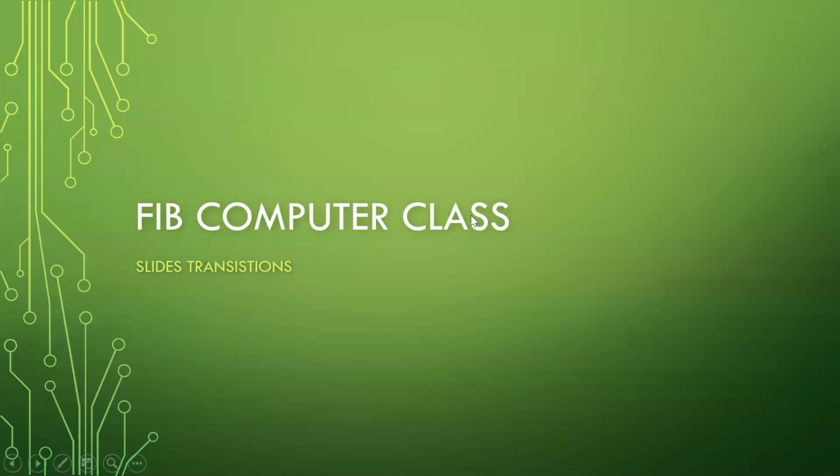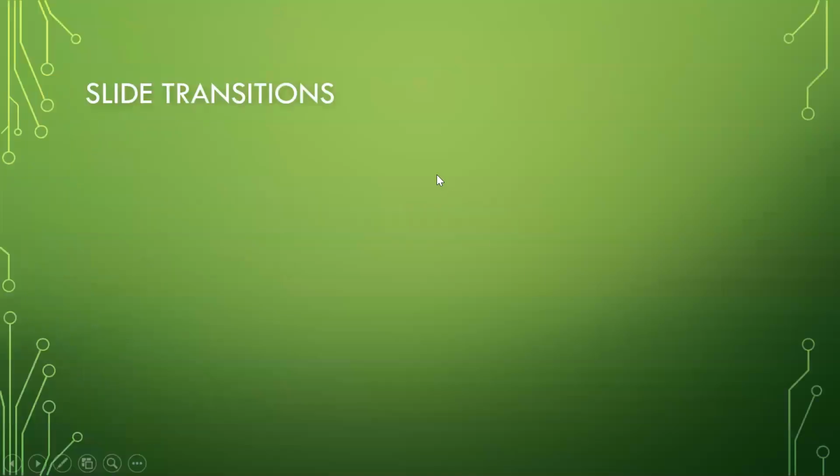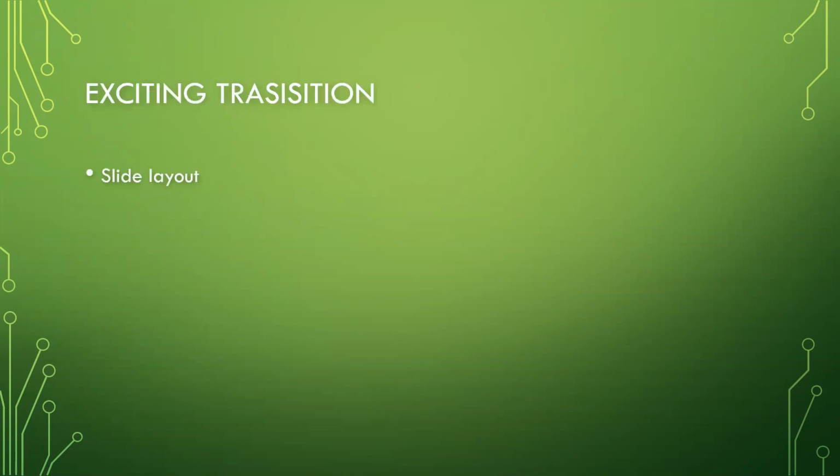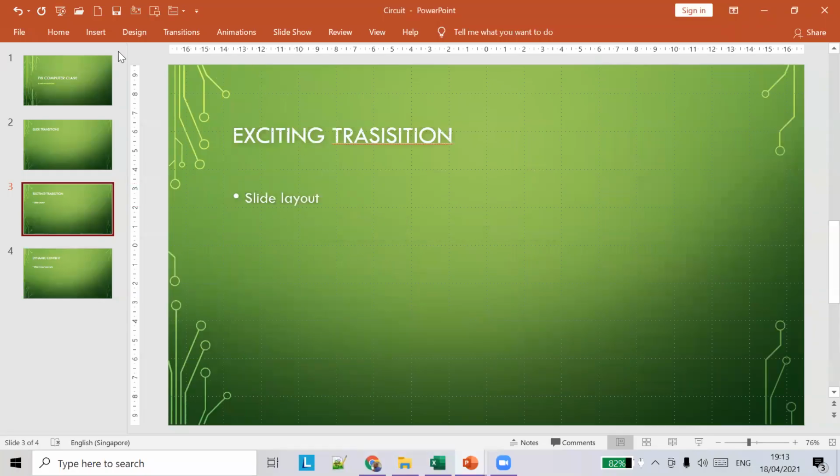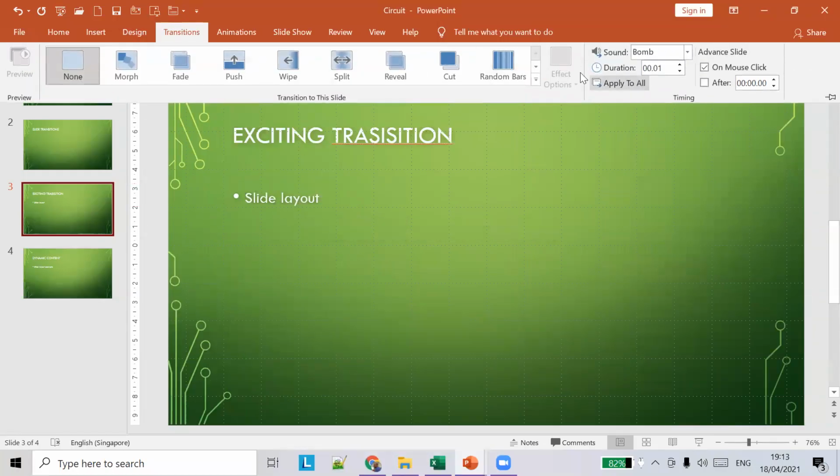Okay, if you can see, in the third slide we had already added the sound. There's a bomb effect that's been added, and since the bomb sound is being copied to all the slides, that's what happens when you do an apply to all. So it applies all the transition effects, sounds, durations, and all the other settings also. Okay, so am I clear on this?